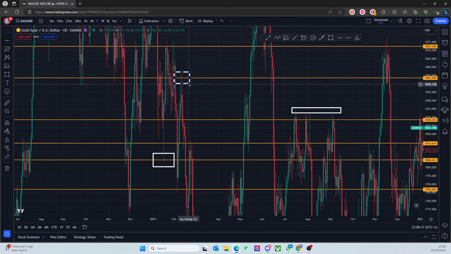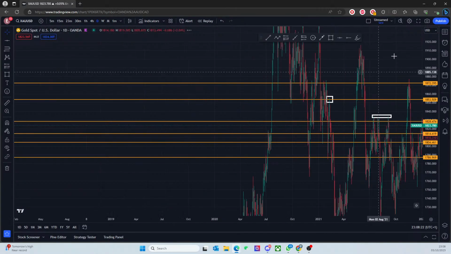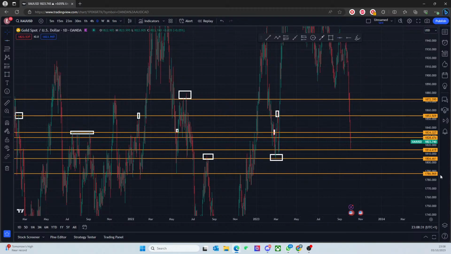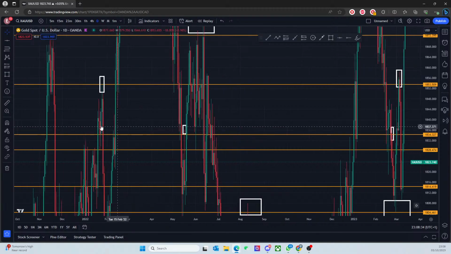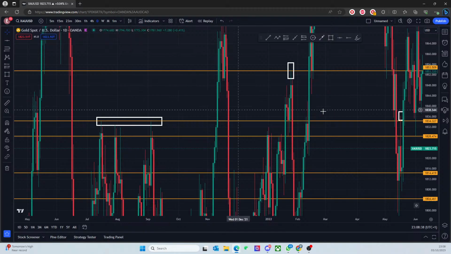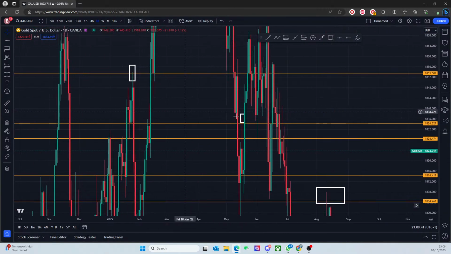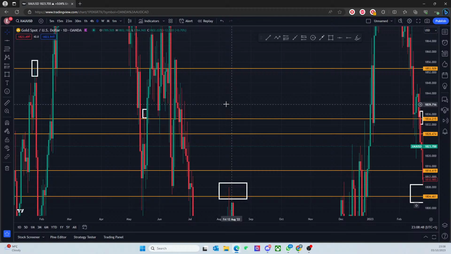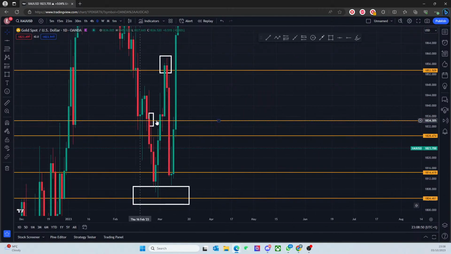So if we just zoom out a little bit, what are the general areas, right? We have one level around here, and we have another level around these sorts of areas. Let's say your average is around here. I want to have the level at the very top of the range that I know will get filled. And I'm liking this, right? I'm liking these sorts of areas because you're tapping here exactly where the wick is, and you're respecting, and look at this, you're respecting certain things here as well.